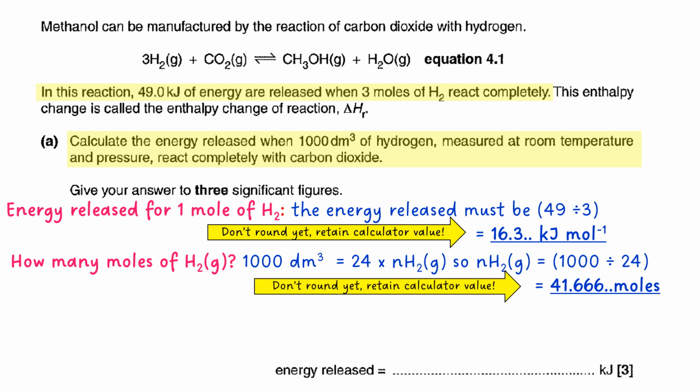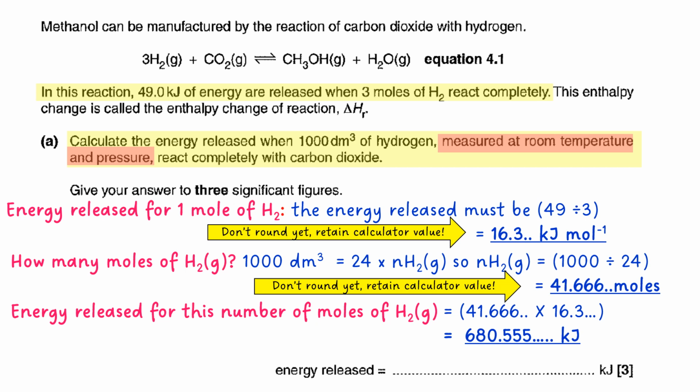So rearranging it so that the number of moles is the subject, that means the number of moles of hydrogen must be 1,000 over 24, which is 41.666 recurring. Again, keep the calculator value, don't round it just yet. So for this particular number of moles of hydrogen, you multiply that 41.666 recurring times 16.3 calculator value, and it gives you